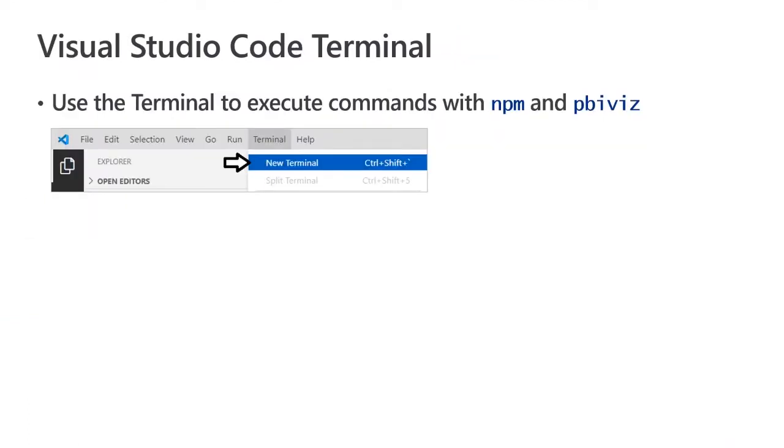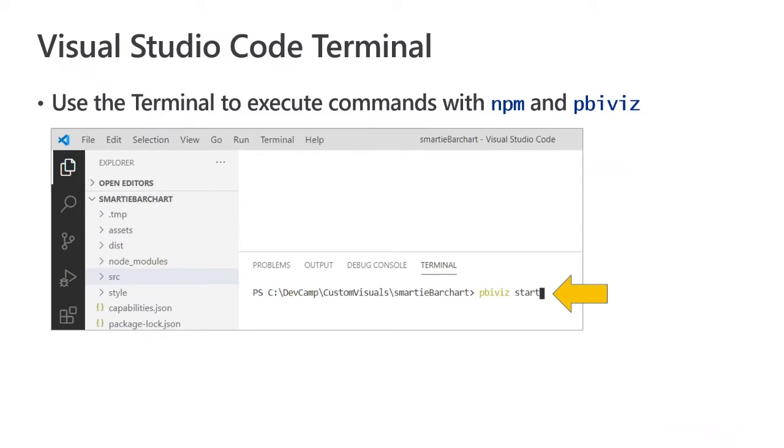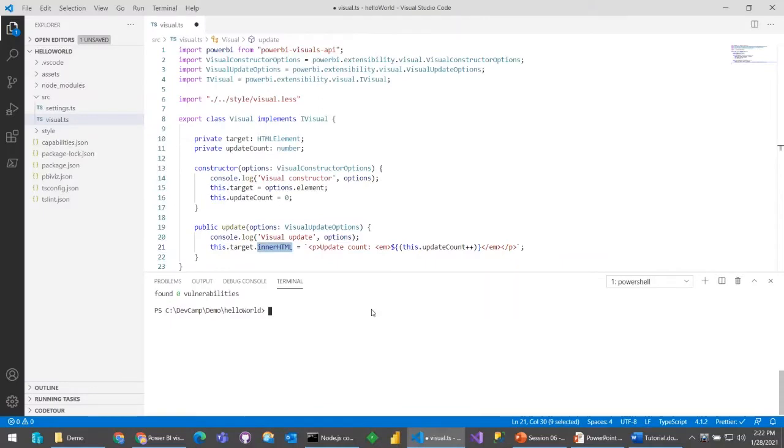So once again, as you're doing this style of development, you're going to be working with the command line. So in Visual Studio Code, you're going to bring up the terminal. And now inside the terminal, we're going to type a command, and the one to start the project in the debugger is PBIVIZ start. So let's go back here. Let's do a PBIVIZ